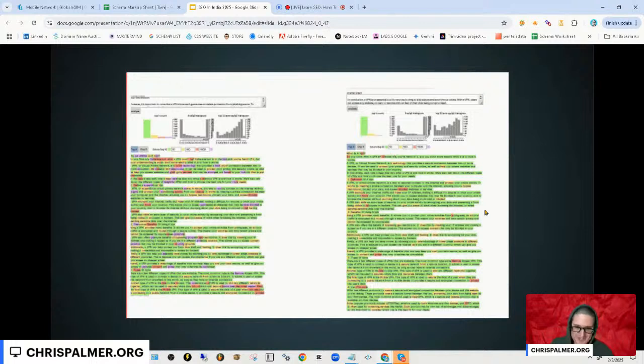The left-hand side is showcasing entity and LSI types. This was a very old way to pull out very common words. This was a way to look for AI content. What we figured out is we could actually get it off of GitHub and load in words to look for. And what we did is we created two separate articles, one that was highly dense with entities and LSIs, and then we fed it in. And then on top of that, we created another one that was just your regular optimized content. With that being said, just because I'm missing some slides, the one on the left was ranking page 1, and the one on the right was not.